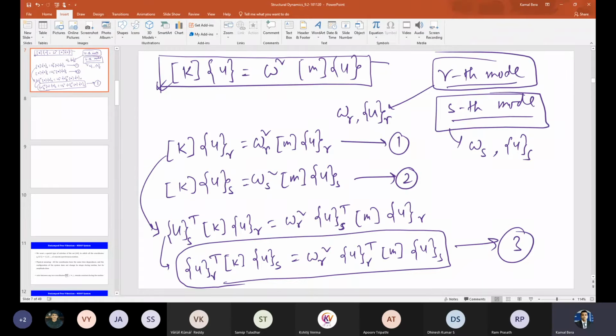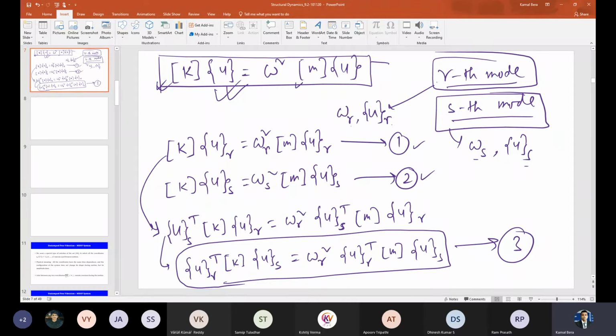Because now we are going to formally prove the orthogonality of the modes. For any two distinct modes R and S, we want to prove that. The relationship that we did for the 2 degrees of freedom system, U1 and U2 and omega 1 square, omega 2 square, right? So now we are going to formally prove it. This is my eigenvalue problem. I am taking two distinct modes, rth mode and sth mode. The rth mode solution is omega r, ur and the sth mode solution is omega s, us. Obviously those are going to satisfy the eigenvalue problem, so I can write equation 1 and 2.